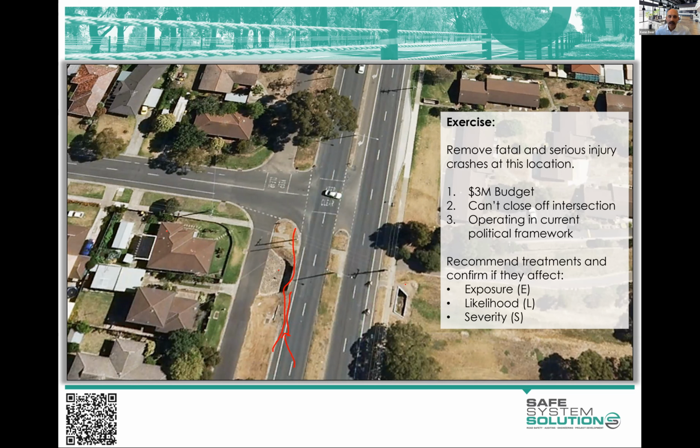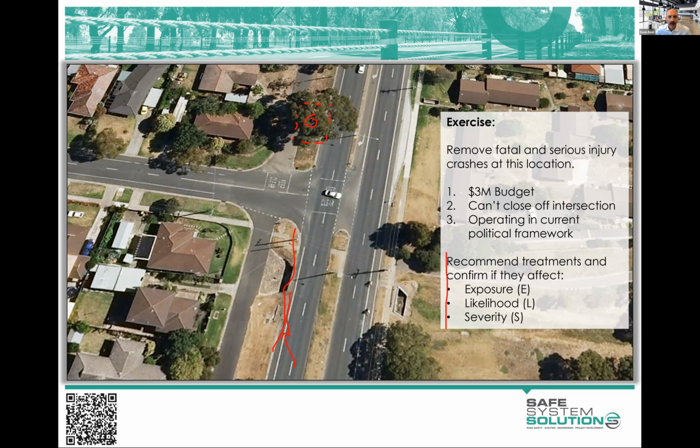Removal of trees. So people want to remove some of these large trees. Now, this is an interesting one: is it exposure, is it likelihood, is it severity? So if we were to remove this tree, for example, it's a beautiful old tree, so I wouldn't like to remove it, but we can certainly talk about how this would play out. Would that remove exposure to crashes, likelihood of crashes, or severity of crashes? So in one very isolated scope boundary, where we just put our scope around that, it changes the exposure to that crash.